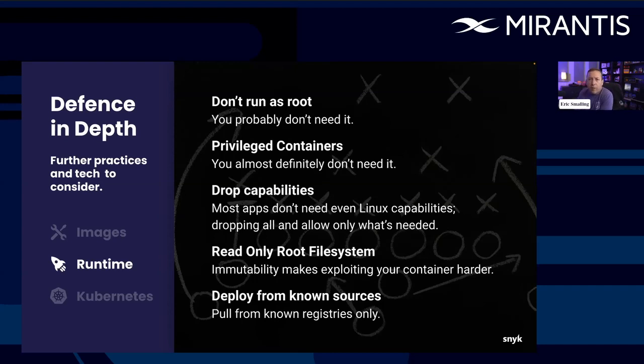The root file system, I was able to touch and create a file in /etc. Well, if you run as a read-only root file system, what that does is it tells the container engine, don't put that read-write layer on top of the image. The image itself is effectively read-only. Docker, CRI-O, whatever, they add a read-write layer on top of that by default where all mutation happens, and it uses copy on write to do the work. If you say read-only, whether at Docker --read-only or in Kubernetes through the security context, it just doesn't put that read-write layer in there, and you effectively have a read-only file system. Now, this is not true of mounted volumes. This is just the base file system, but that keeps me from editing /etc.